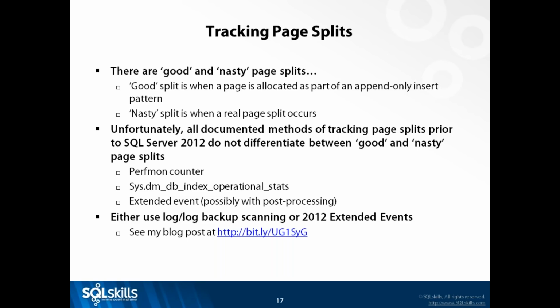Right? So you can look at that using an extended event session, and depending on the amount of logging activity, that might have a small effect on your system. If you want to look for that in real time, a slightly better way of doing it is you can use the transaction log, or you can actually look in a log backup, and you can scan the log itself using the undocumented fn_dblog or fn_dump_dblog table-valued functions for that same log record, LOP_DELETE_SPLIT. And the blog post that I've got there shows you how to do it looking in the log or log backup. And it also links to a blog post of Jonathan's that talks about how to do it with extended events.